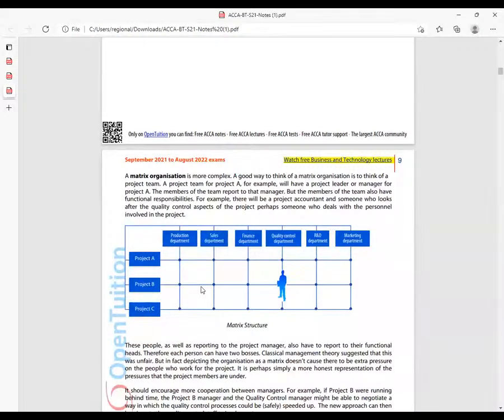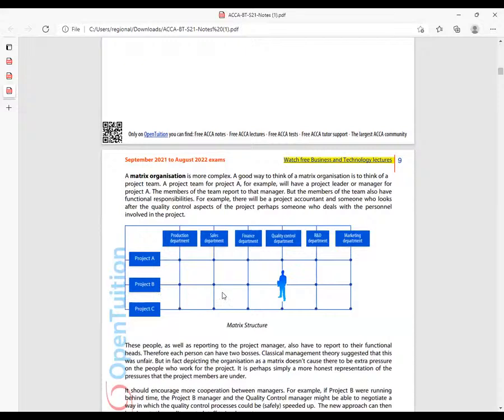In my organization, I report to so many bosses depending especially on the projects. We have projects here. For example, we have an insurance IFRS 17 project, so there'll be a project leader. There's another project that we have, for example, developing some IFRS trainings. So I have a project leader there.